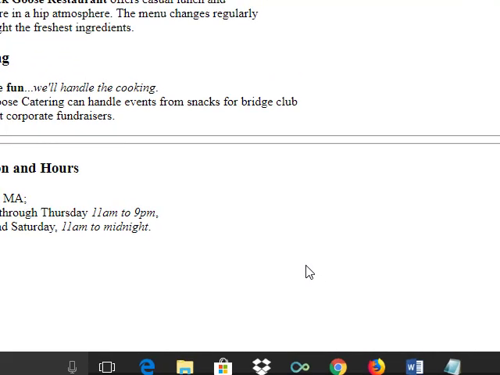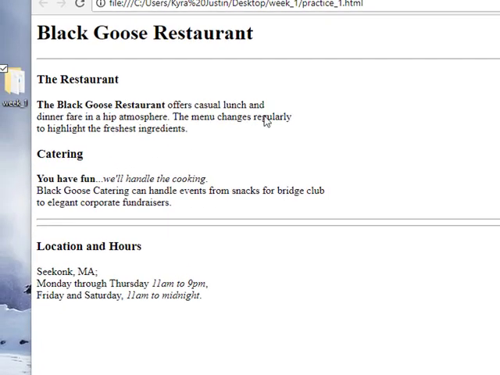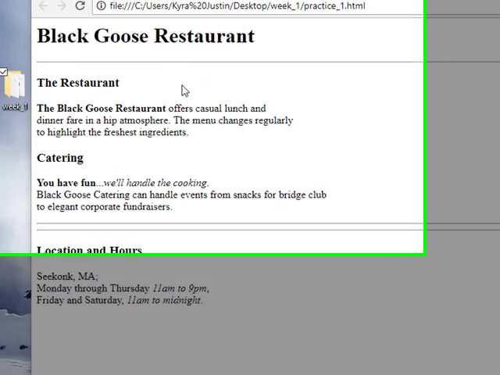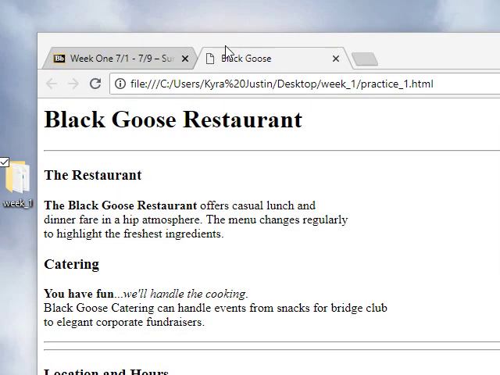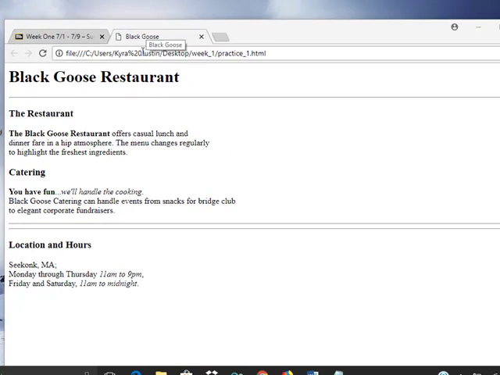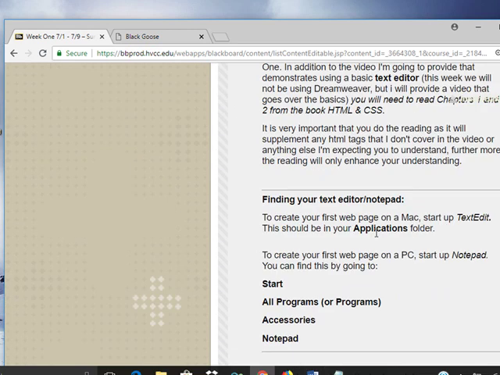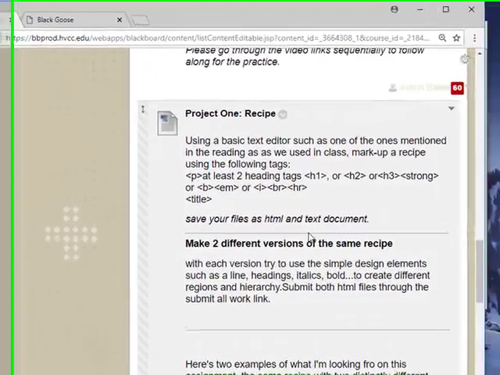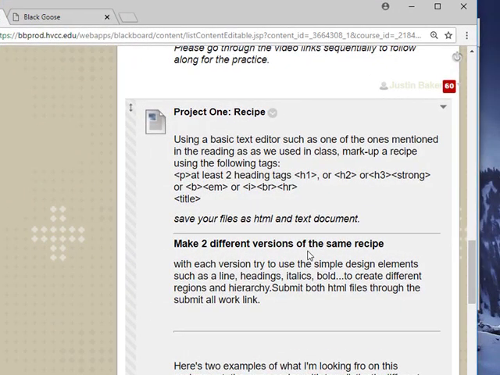Okay, last little bit here. One thing to know, I forgot from the last time, do notice that in the tab now it does say Black Goose. Okay, so your assignment is to go ahead and take a recipe, you can get it offline,